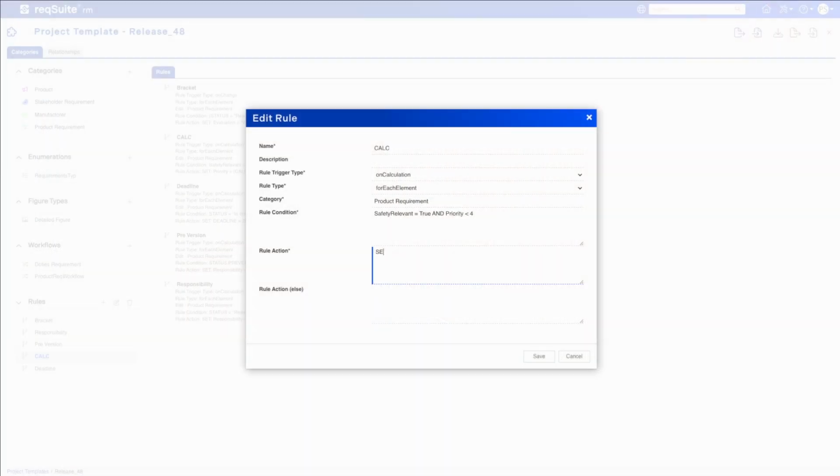With dynamic calculations through calc, values can now be calculated directly within rules. In addition, set command now supports all attributes, including meta-attributes. And one particularly practical feature, responsibilities can now be assigned automatically to users or groups. This means tasks can directly reach the right person. This reduces manual work and creates clearer processes.